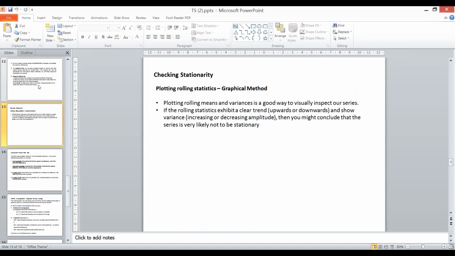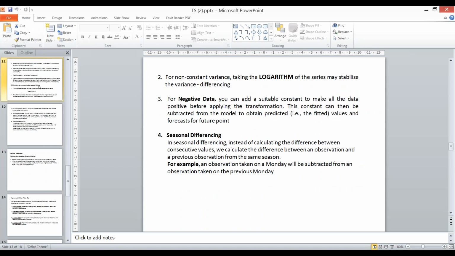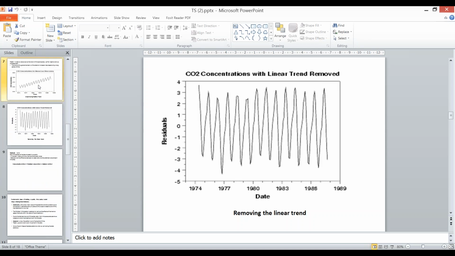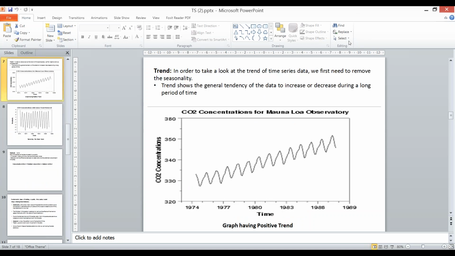We were on stationarity. Just to revise, a time series has multiple components, like trend, seasonality, and cyclic pattern.